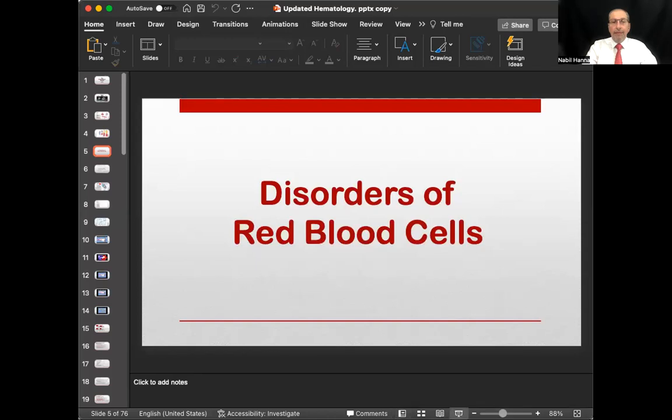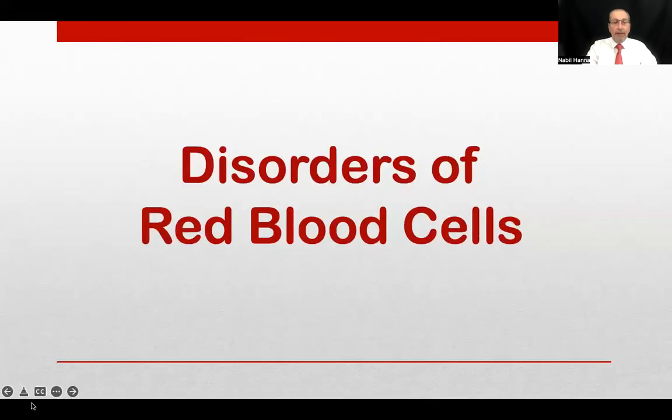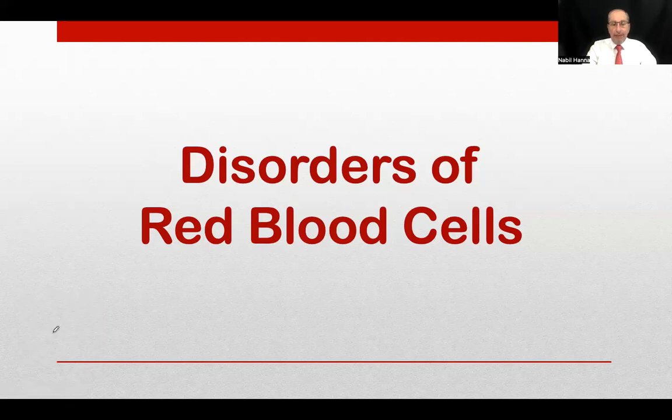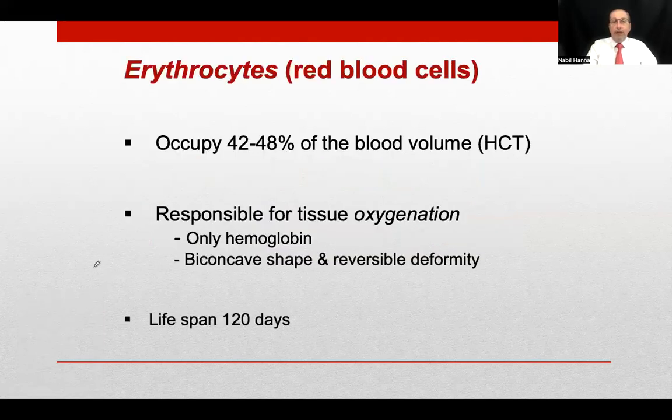Now we'll continue talking about the disorders of red blood cells. And let me start with some review of the physiology of red blood cells. As we mentioned earlier, red blood cells occupy 45% of the blood volume, and this value is known as the hematocrit. Red blood cells are responsible for oxygen delivery to tissues, and they are very well equipped for their